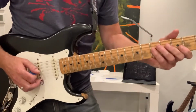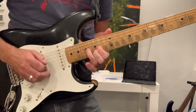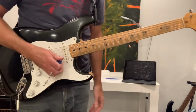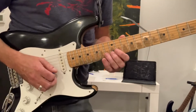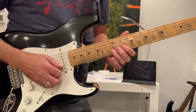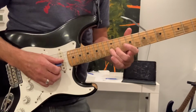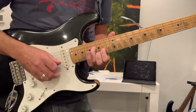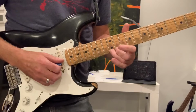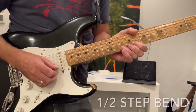We kind of come up out of the, and we just slide up. All right, and then we come back 2 frets to play over the C chord, slide up from B into it, and then we break into halftime triplets. Come back up to the B note. Then we come back to this A note, pre-bend, and let it drop, and let it go over the...